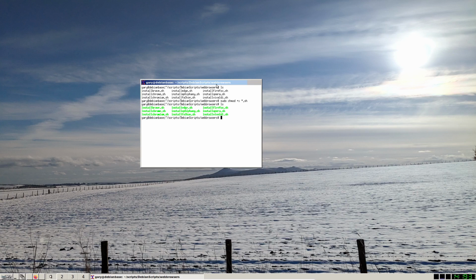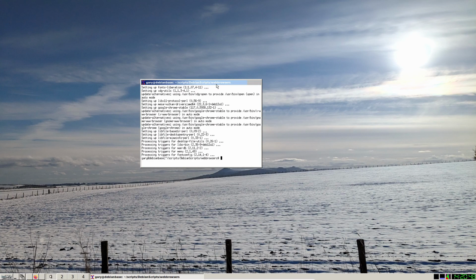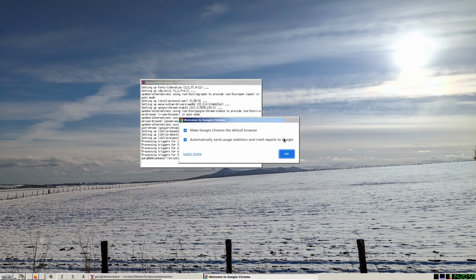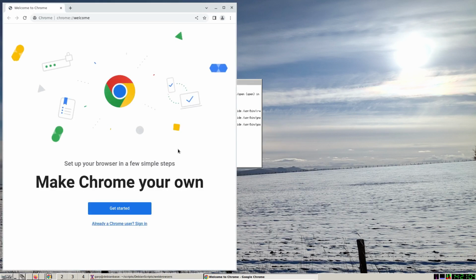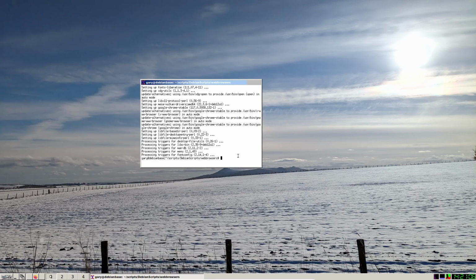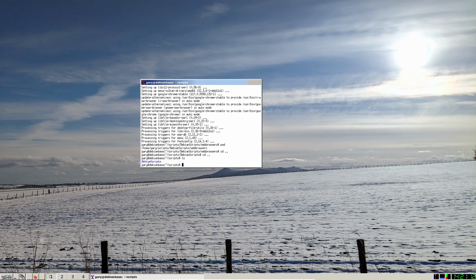So say I want to install Chrome, all I have to do now is sudo ./install chrome.sh. So now that's installed, we can right click to prove it, go into network. You can already see the icon there. If you go web browser, Google Chrome, and you can make it default browser, and Chrome is installed. To tidy up, we're going to cd again, and we're going to do sudo rm -R